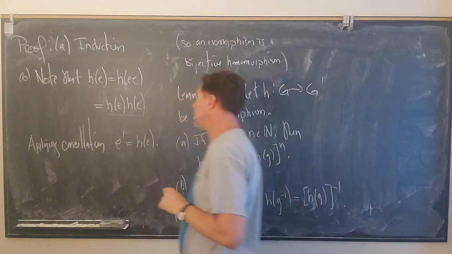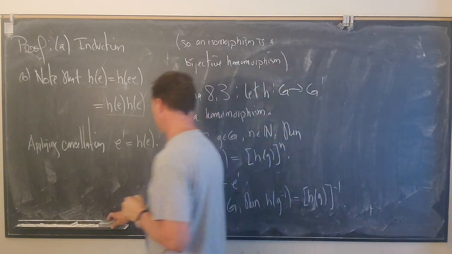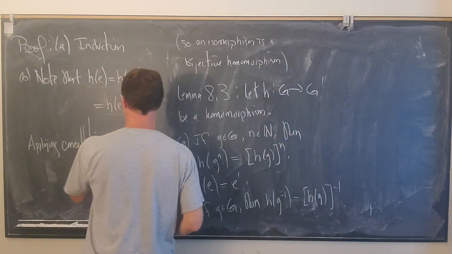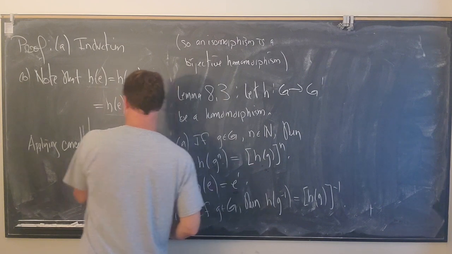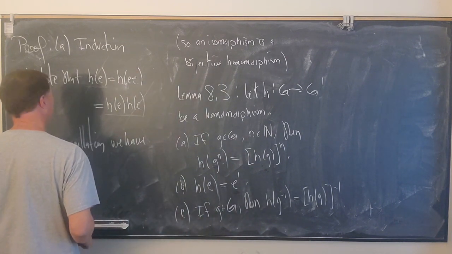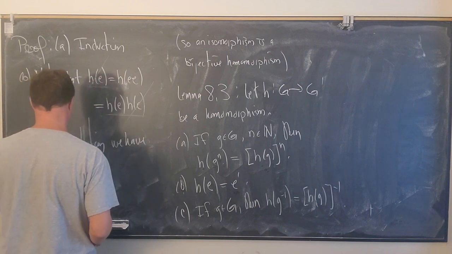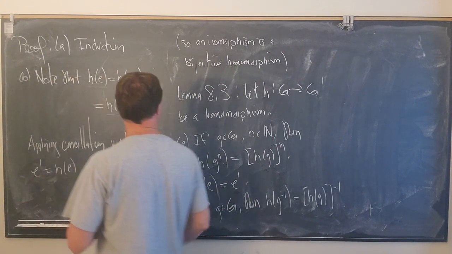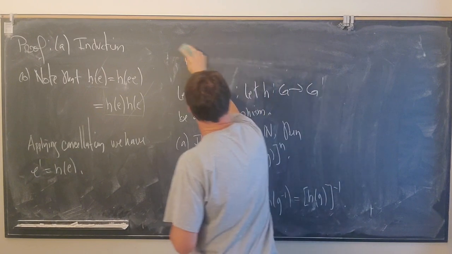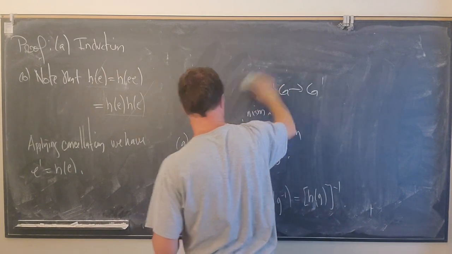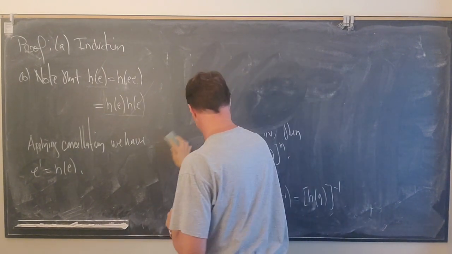Okay, so that's what we need. So applying cancellation, let me say this better. Also, we have H of E prime is equal to H of E. Okay, so now moving on to part C, I want to show